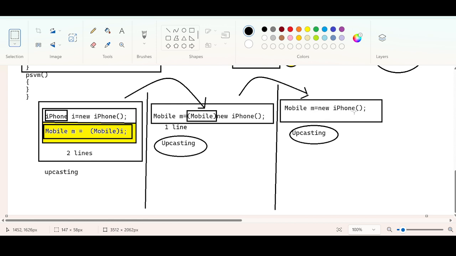Mobile m equal to new mobile. Internally this part is going to have this cast operator, mobile. Internally this part is going to have what? The cast operator. Let me write it down for you.